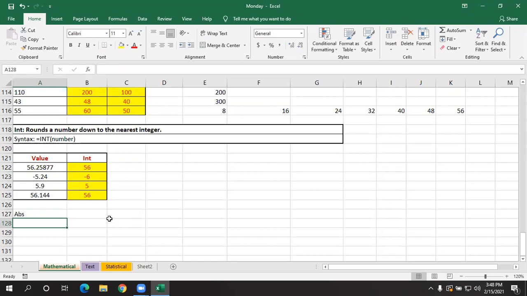Next we have a function called ABS. ABS is a function which will hide the sign. So how it works, I'll show you. Now here I'll give equals, let's say minus 9 divided by 3. If you divide minus 9 by 3, what will be the result? You can type it in the chat. Please let me know in the chat.